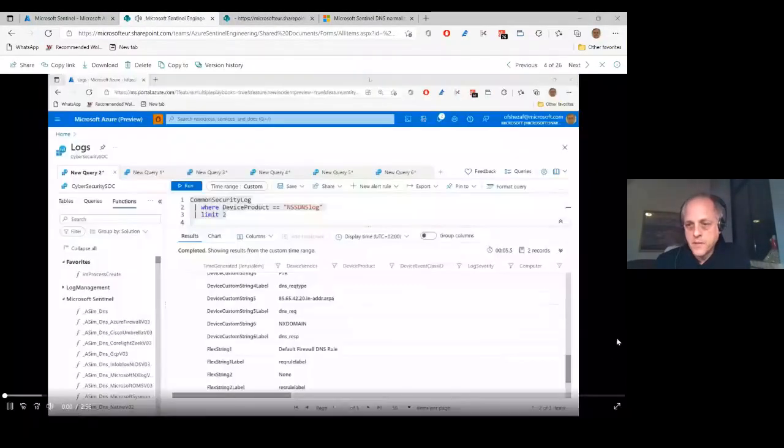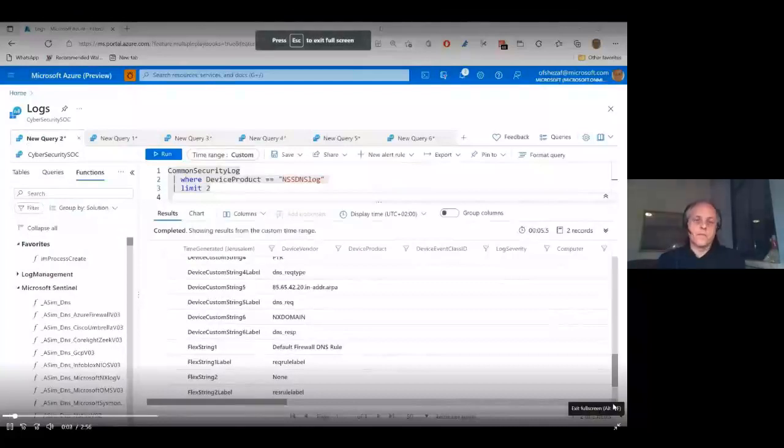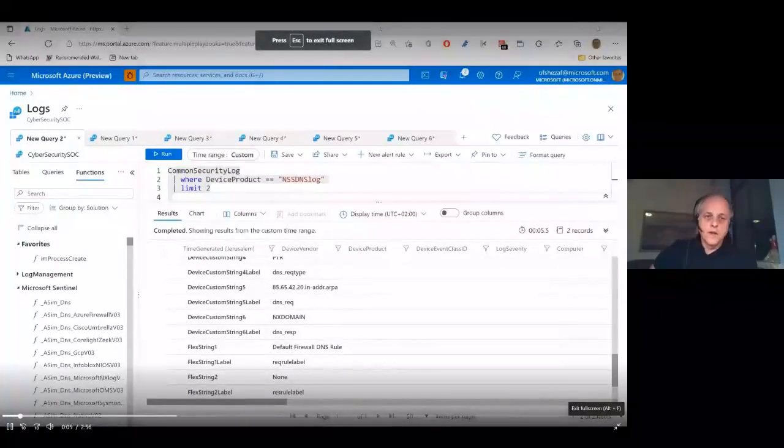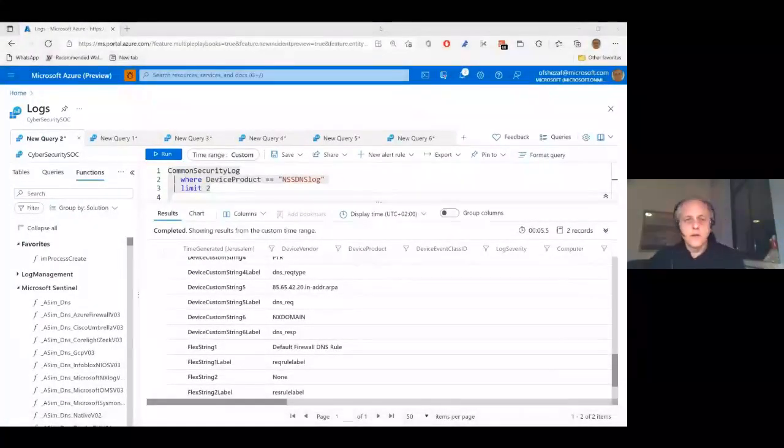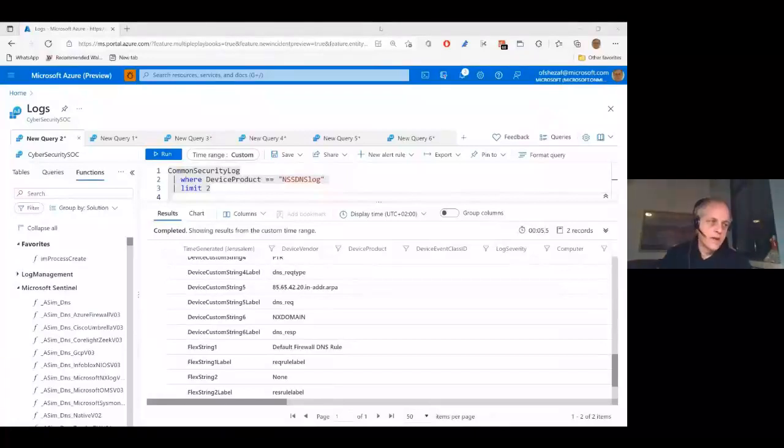Anyways, this demo helps to understand the Advanced Security Information Model, ASIM, Microsoft Sentinel's normalization framework. We will also see how it makes querying data in Microsoft Sentinel easier and more powerful. First, let's see what the data looks like without ASIM. We will start with Zscaler. As you can see, Zscaler sends events in the Common Event Format, CEF. Zscaler DNS events share the common security log table